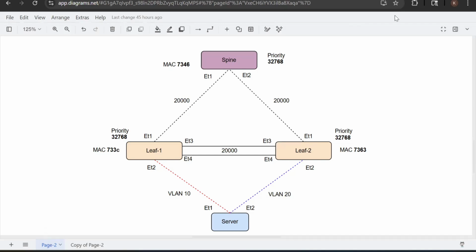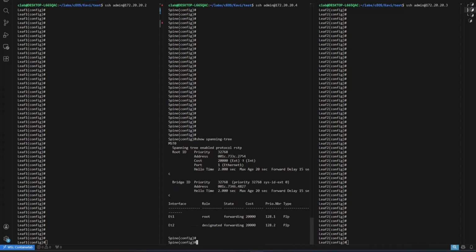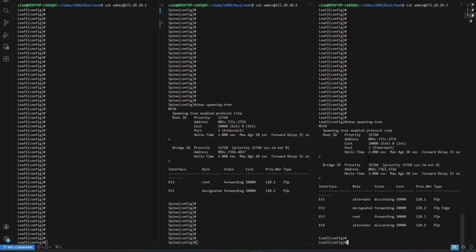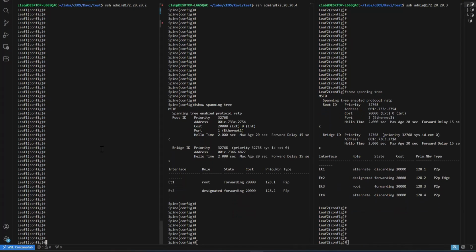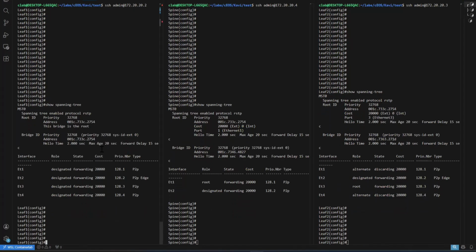And let me now open the CLI and we'll show you the lab setup on the CLI. Let me go to the spine, show spanning tree. As you can see now,